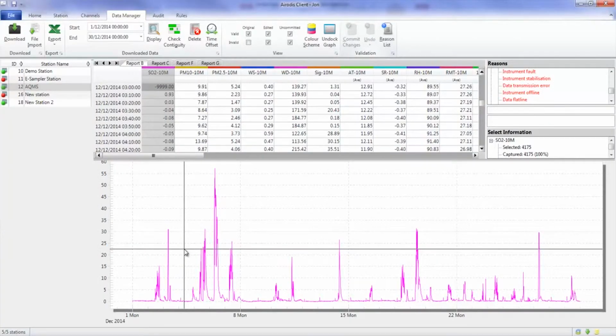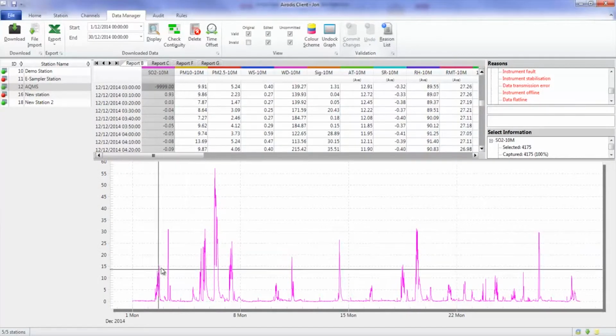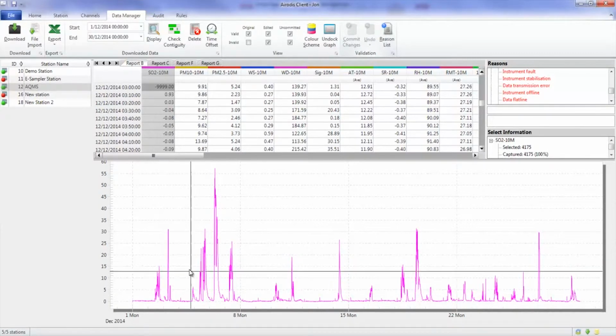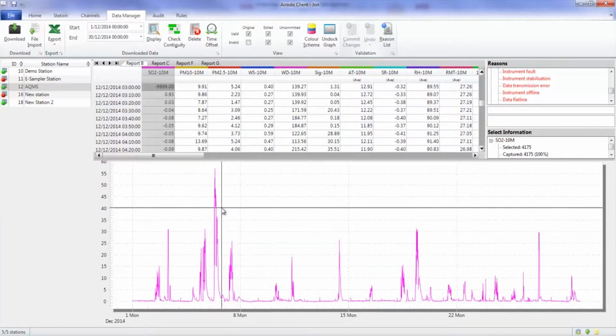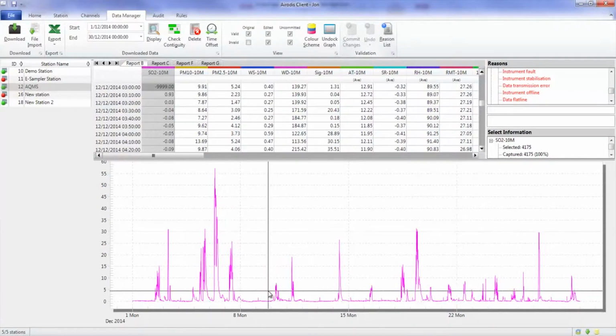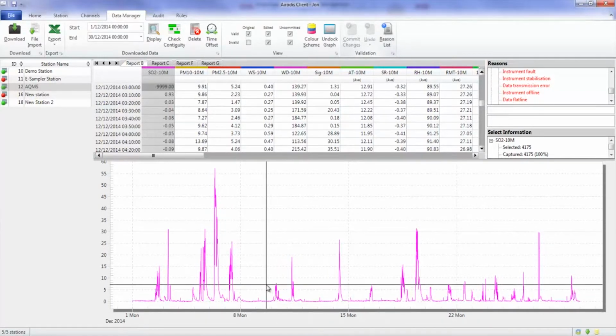So once we've downloaded data from a station, we can start using Airodis's features and some of the useful validation tools that are so important to us. If we take this piece of data, for example, this is from a station, this is SO2 data, sulfur dioxide, and this is just a typical trace, but in this data we can see there's some unusual spikes that occur